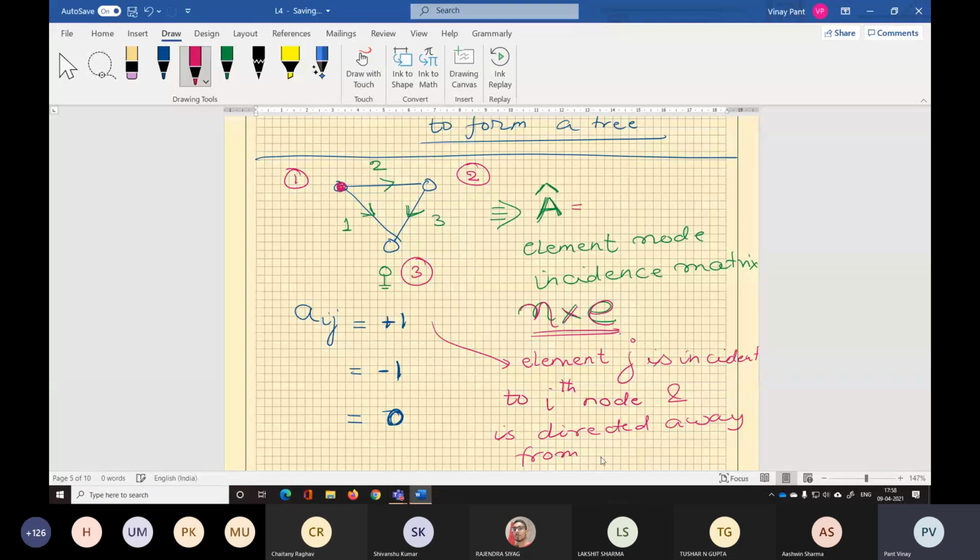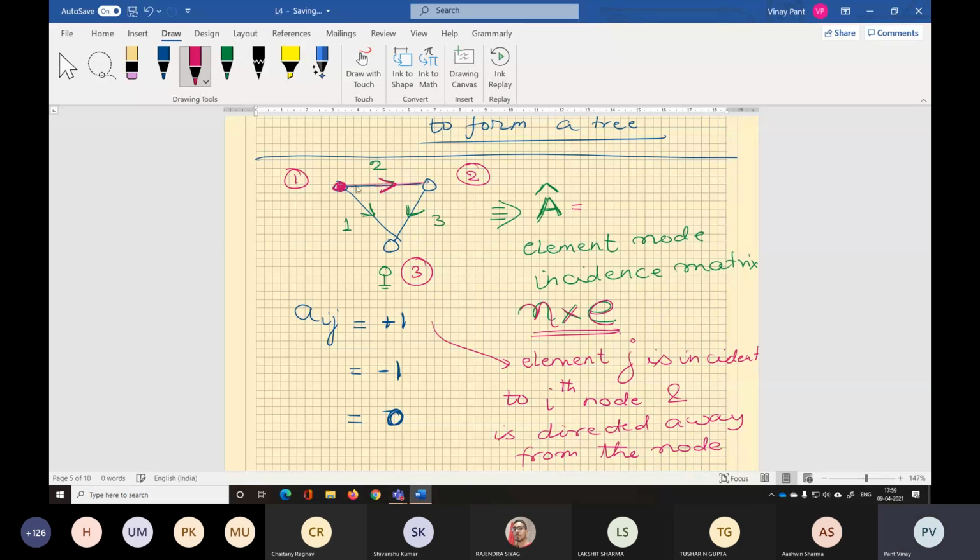For example, look at this. This element is incident to node 1 and it is directed away. So its entry will be +1.